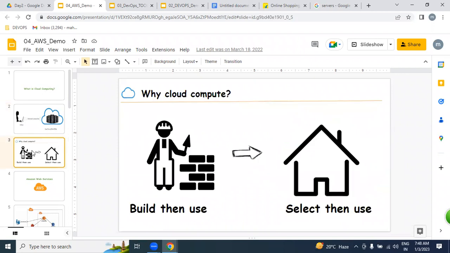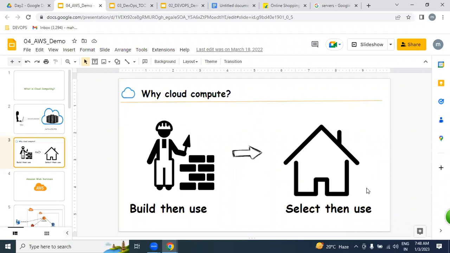Example: which is better for you, please? Build then use, or select then use? We always choose select then use. We don't want build and use in any case. An example. I want to reach the railway station from my home by car.